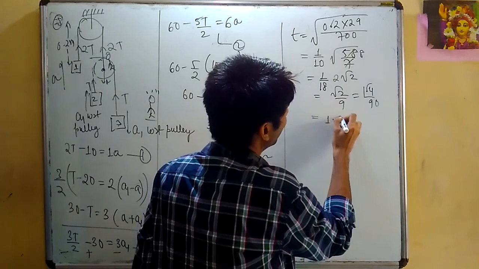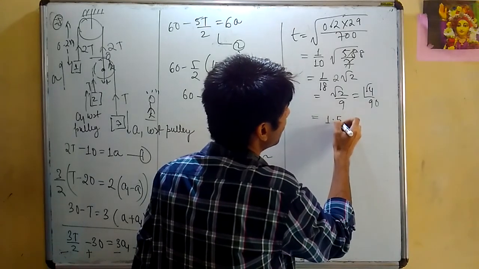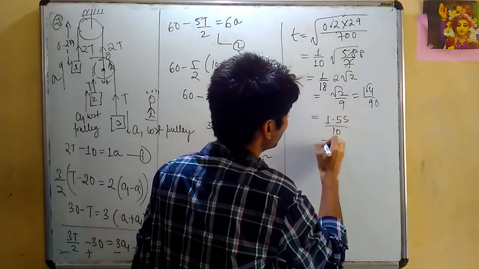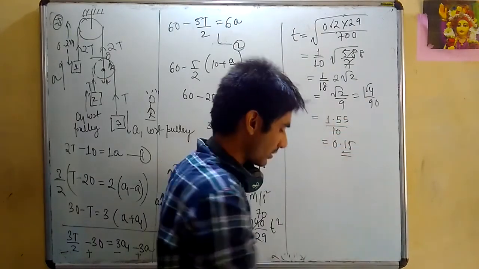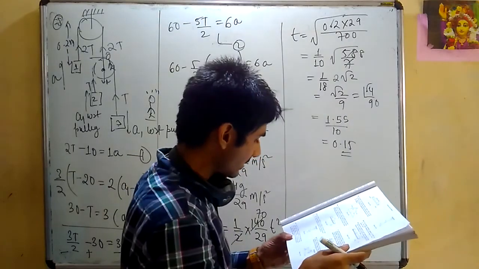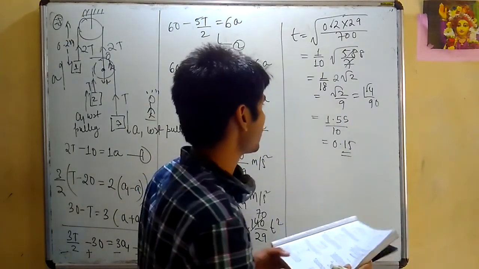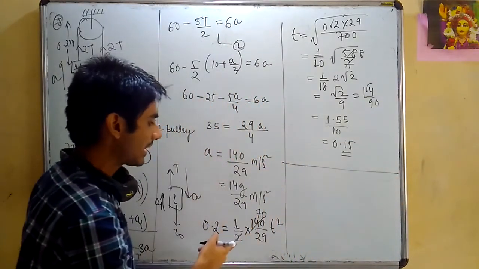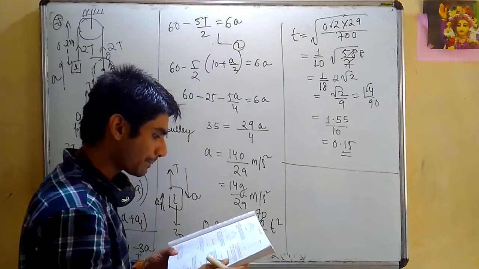0.50, 9 fives are 45, again 50. This is this much by 10. 0.15 approximately is coming. You can check once the answer. I don't know, it's 0.25 approximately. Maybe some calculations here and there you can find out, or maybe I have taken some bad approximations, therefore the answer is coming like that.